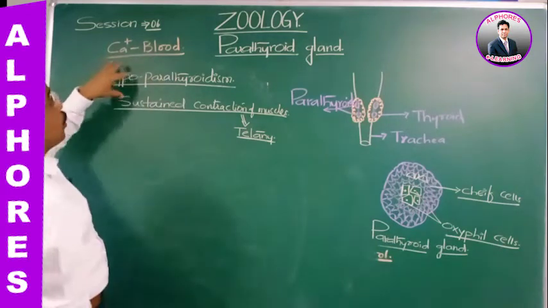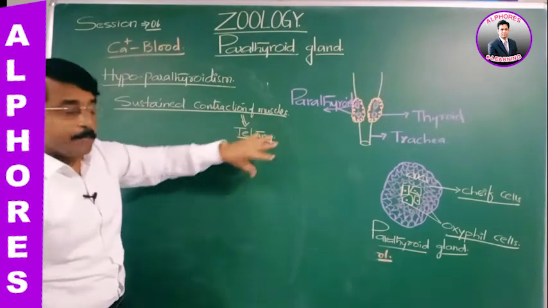That is, hypoparathyroidism results in tetany. Next,